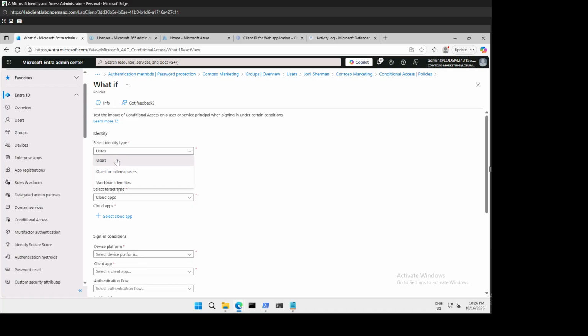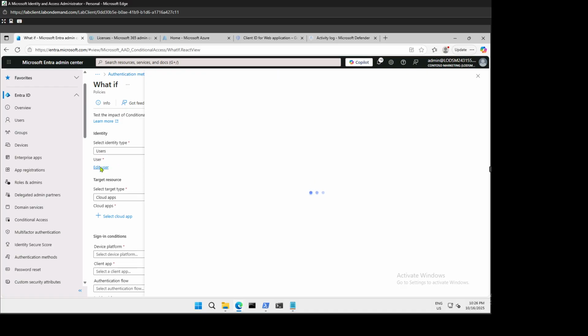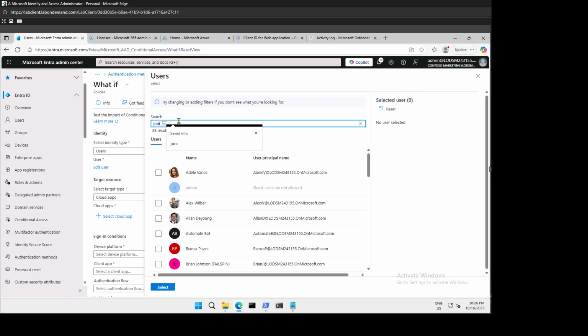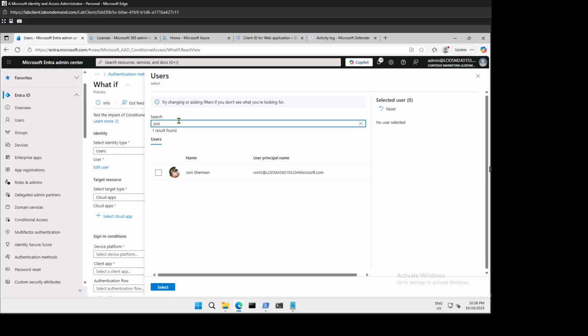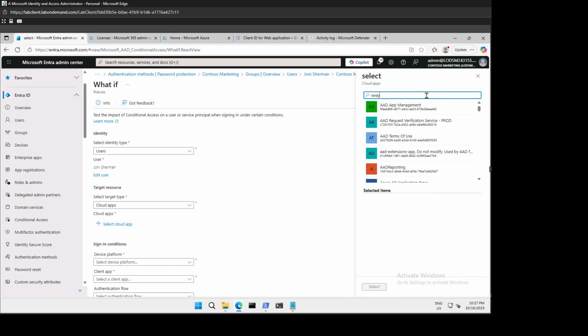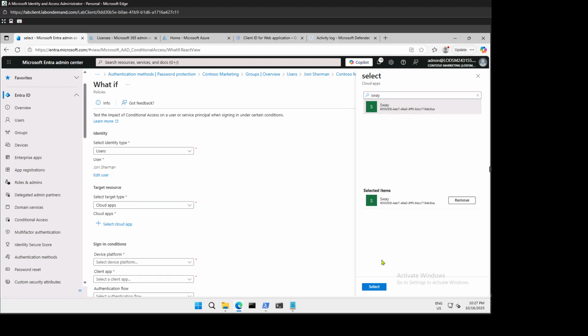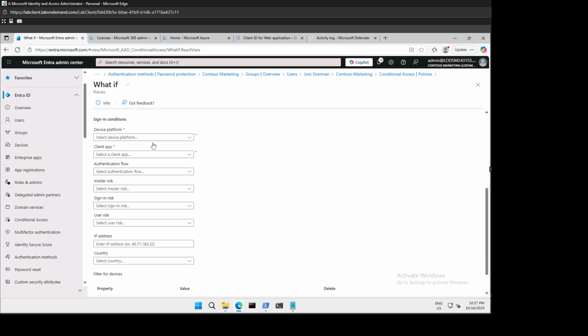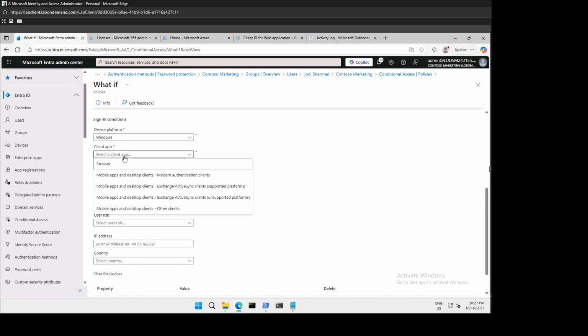If I select Johnny S, and in the cloud apps I'll select Sway, and I will have to select the platform and the client app,